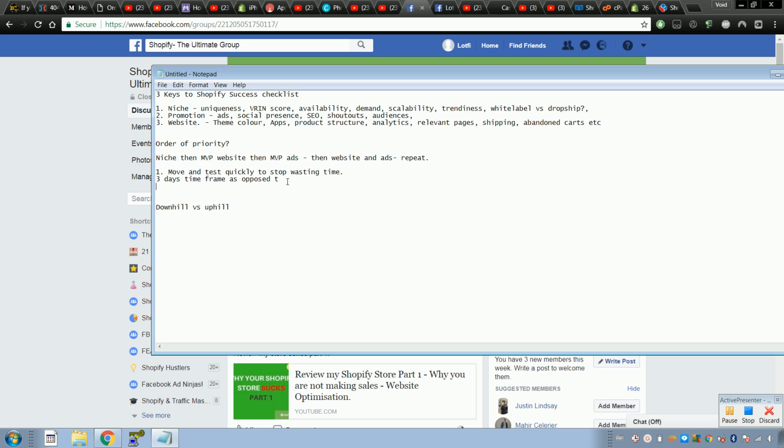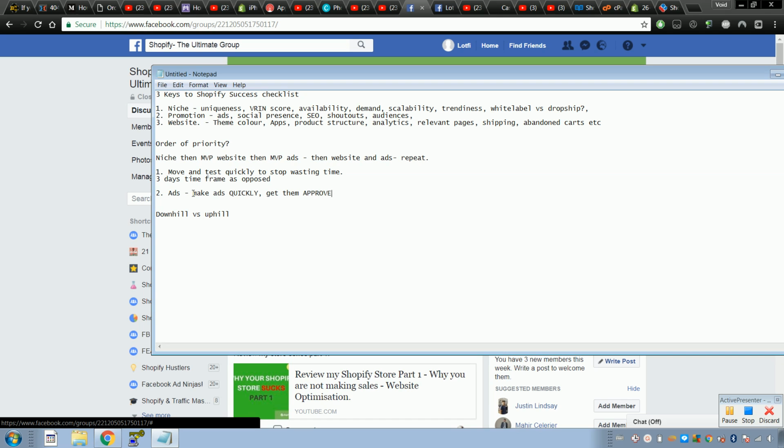And then for the ads, don't spend a lot of time on your ads when you're starting out. Make ads quickly, get them approved, get reach data, and then make bigger decisions.